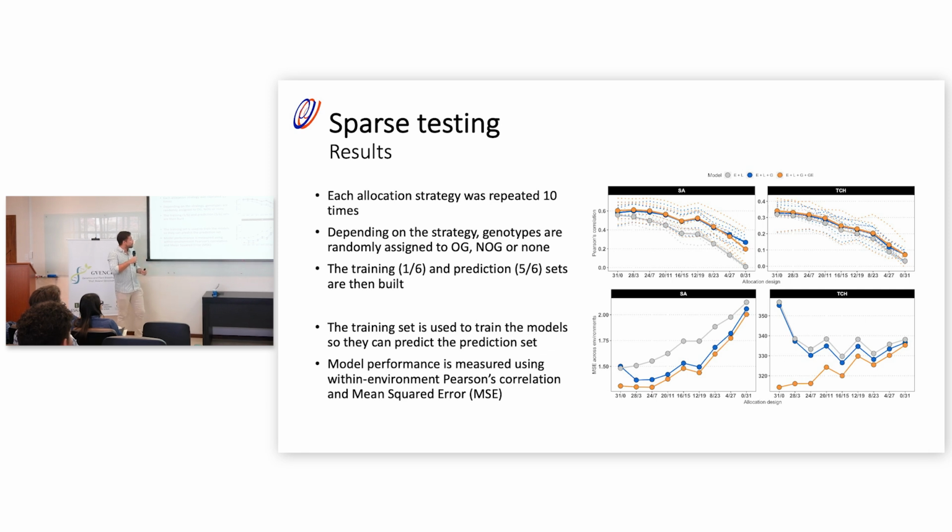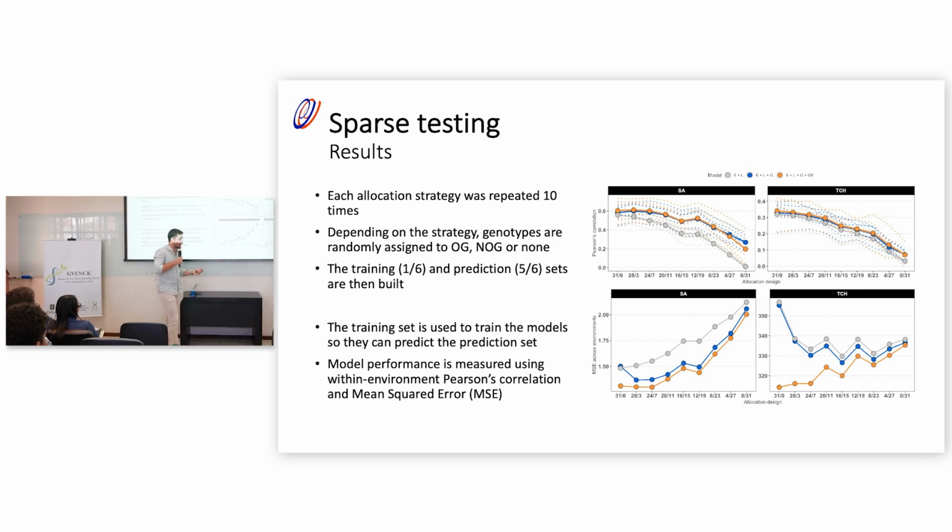But if we want to approximate the actual value of the phenotype, we need this error metric to measure that. So in terms of accuracy of correlation, we can see that as we reduce the number of non-overlapping genotypes and we increase the checks, the accuracy drops. That's really interesting. We expected that for the gray model because remember, we don't have anything to relate genotypes. So if we remove genotypes from the training set, we are not able to predict. So we expect this to drop to 0 eventually when we have 0 lines non-overlapping.